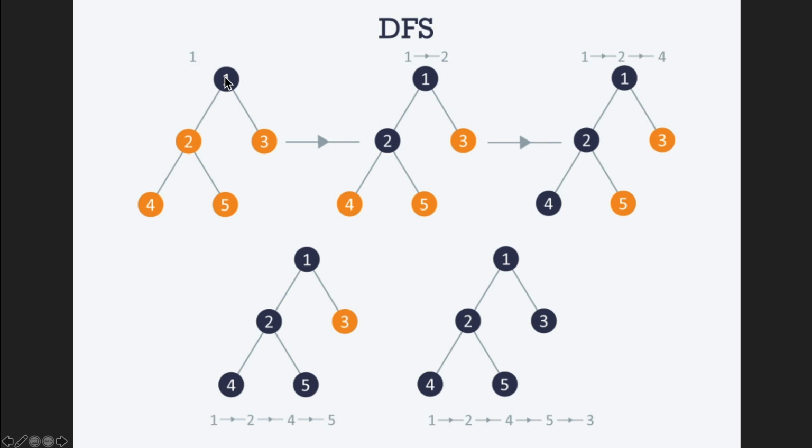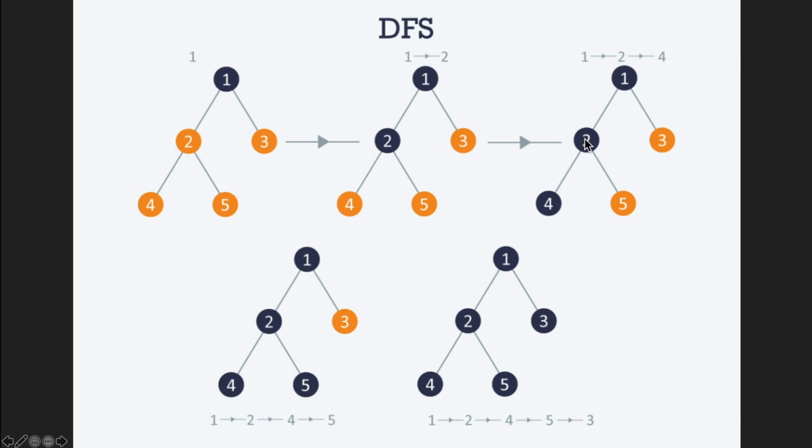So we start off by visiting the start node, number 1, and I want to go a level deeper, so let's visit 2, and I want to keep going deeper, so I'm going to visit 4, not 3. So I visit 4. Now 4 doesn't have any children, so I can't go any deeper than that, so I return to 2,